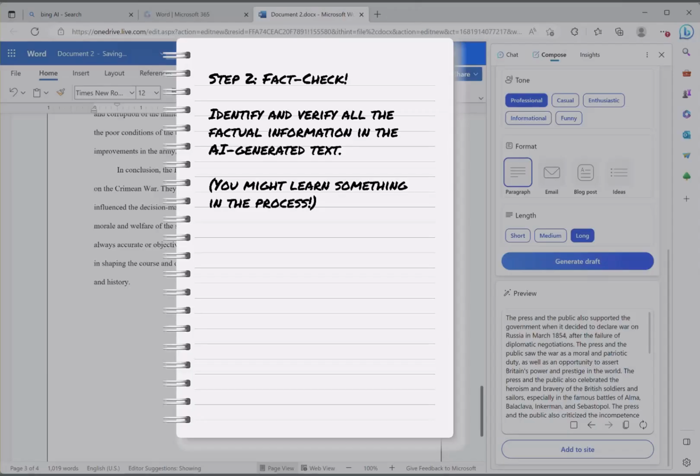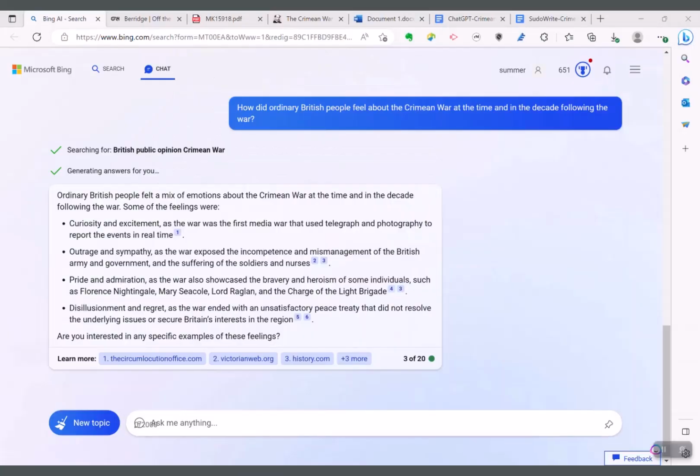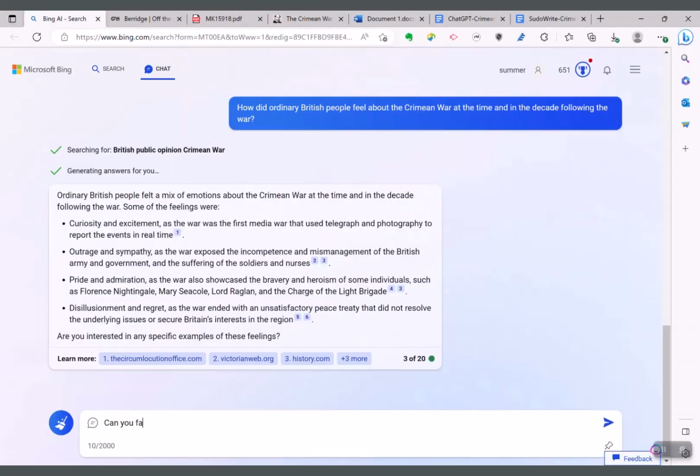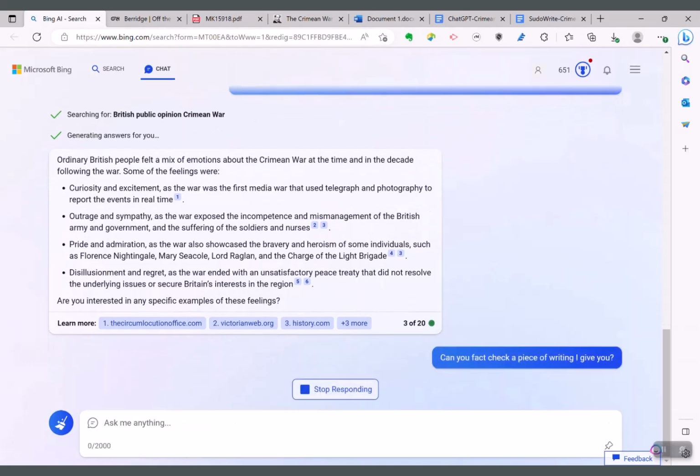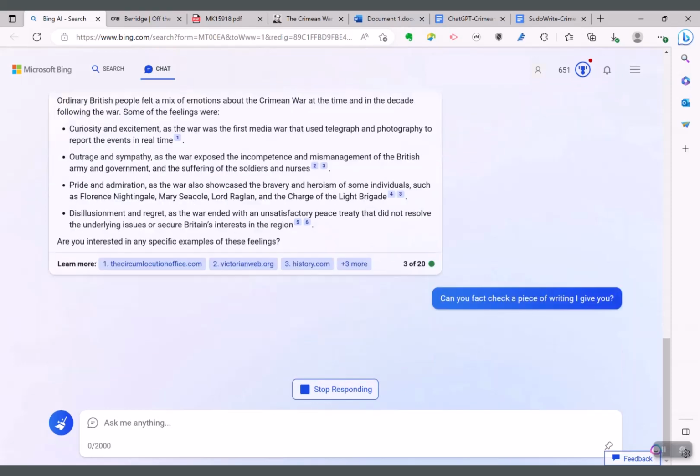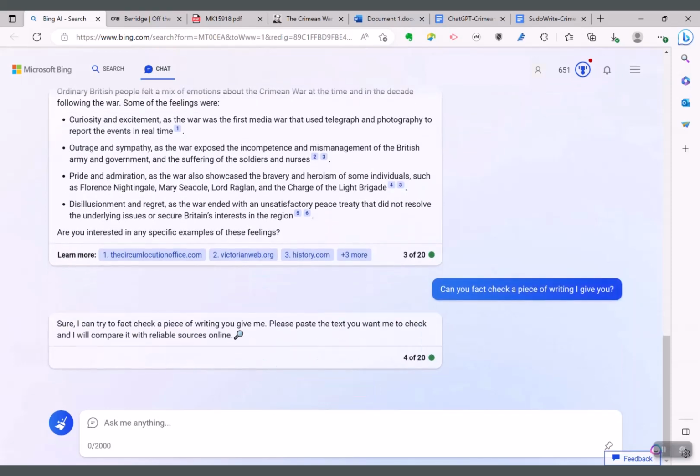Now remember, as with any of these generative AI tools, there is no guarantee that what it comes up with will be factually correct. So before I get invested in understanding or building on anything the AI has given me, I need to fact check it. Or have the AI fact check it. You can and should fact check anything you get AI to produce. To do this, I just start a conversation with Bing that explicitly asks it to fact check a piece of writing for me. When it signals it understands, I paste in the essay I want to fact check.